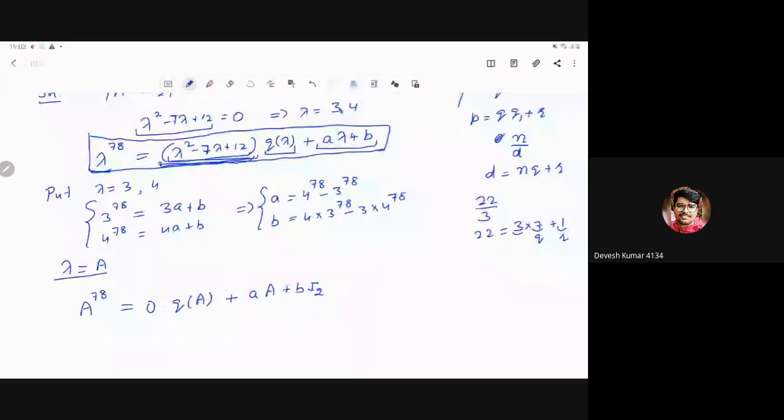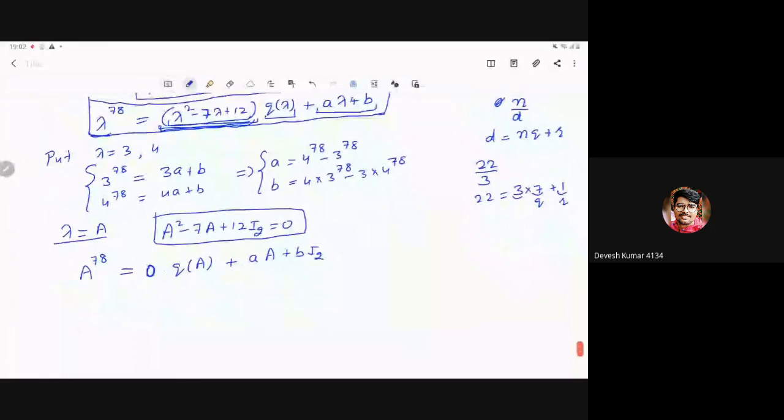Am I right? This is the null matrix, because A squared minus 7A plus 12 I2 should be 0 by the Cayley-Hamilton theorem. 0 means null matrix. So you are left with A power 78 equal to A times A, which you have already found. A times A means